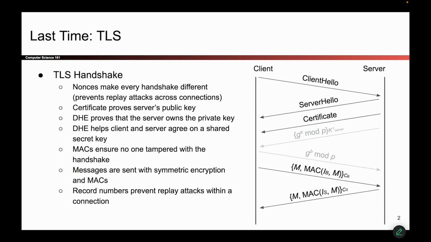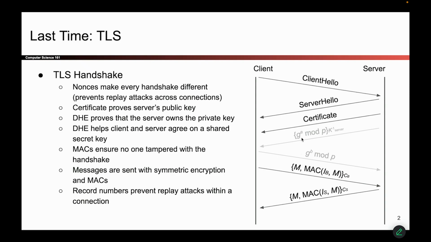RSA was one approach, but modern TLS uses Diffie-Hellman because it provides forward secrecy. So it's a Diffie-Hellman key exchange to learn the shared secret, and the server signs its half of the Diffie-Hellman key exchange. So in addition to sending this value, it also sends a signature on that value. The client can verify the signature using the certificate that it received, and that's how you know that this is the real server. And then they exchange MACs to make sure that nobody tampered with any of these earlier messages,